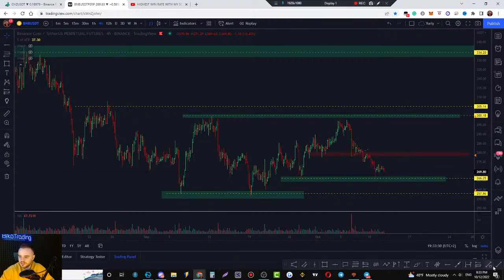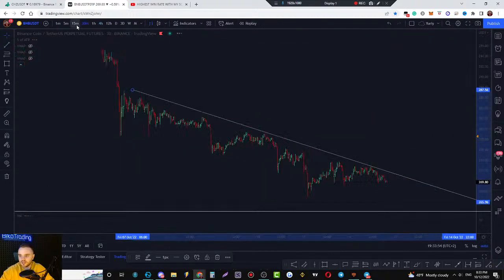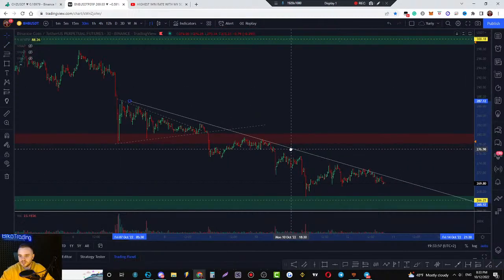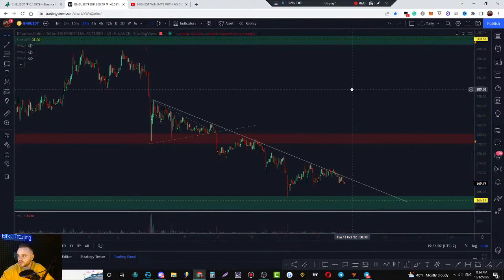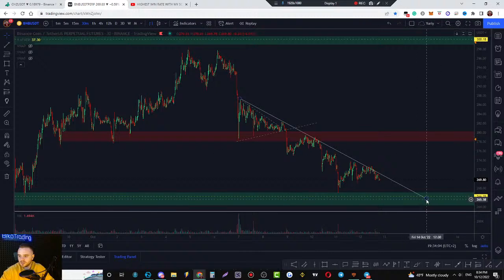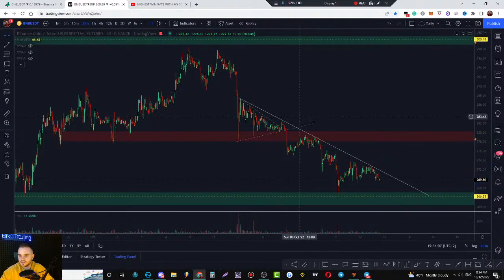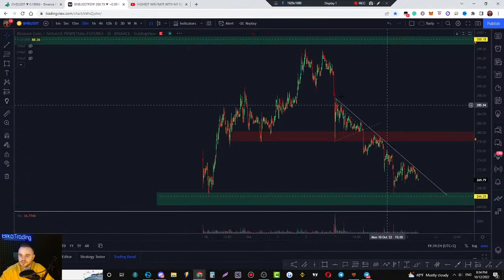About BNB at this moment, it is still in this local downward trend, and only one thing could break this trend: if BTC would start to rise at this moment. That's it. There is no other reason why this coin could rise. Volume at bottom, yes, but still there is no squeezing, there is no significant volume, there is nothing like that. That means I don't like this coin to trade at this moment.